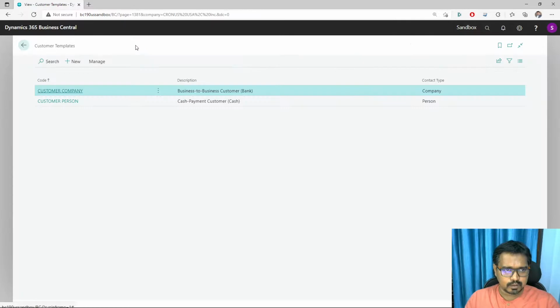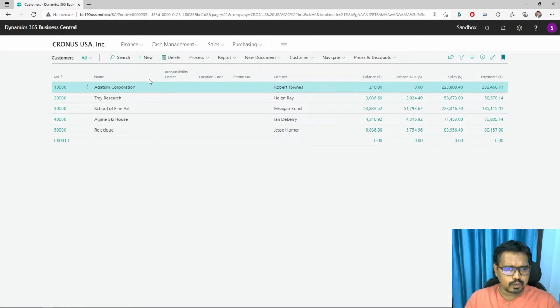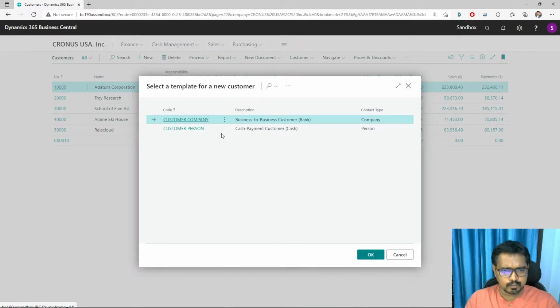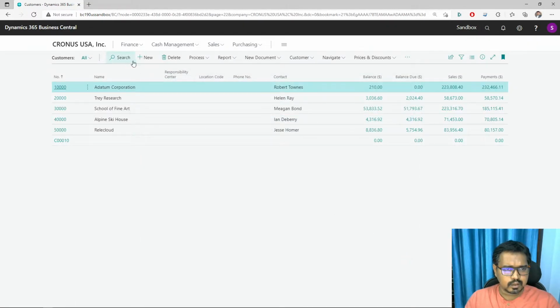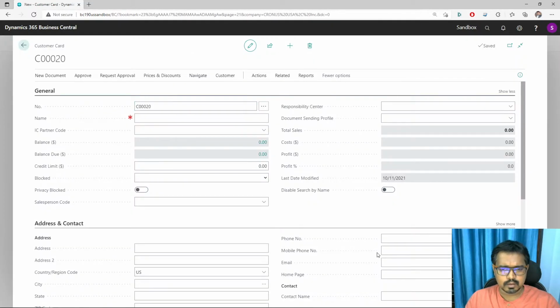Now there is another cool part of the change which is super important when you are implementing a new Business Central environment for your customers, or if you are a customer who has a hard time setting up different templates. So what you can do now is create, and this may be on a demo company, a new customer, and let's say I choose create customer person, because there is a template, and there I can define that, okay, I want to set, let's say, all my salesperson code will be BC in this case.